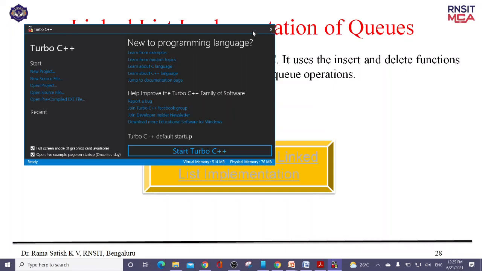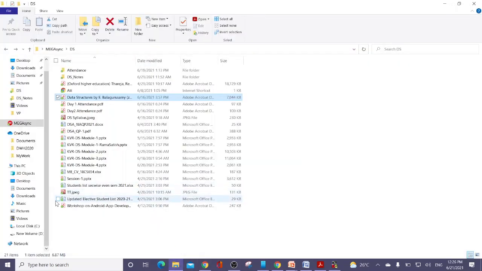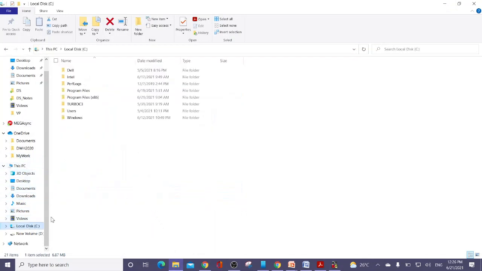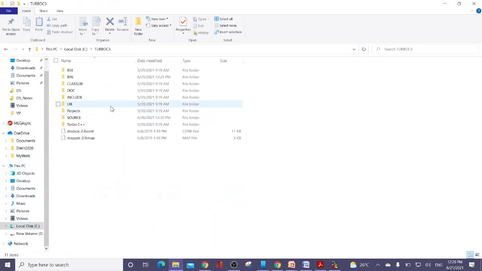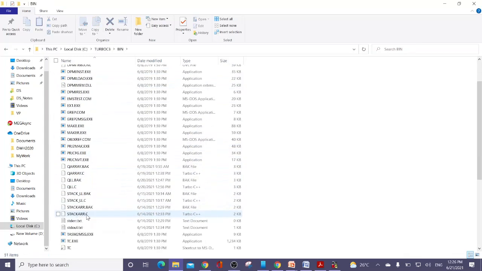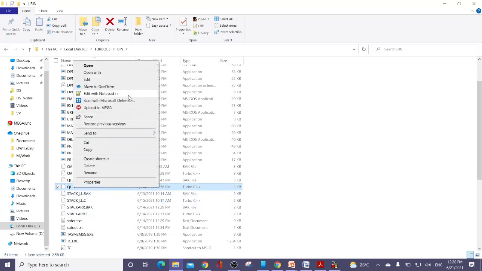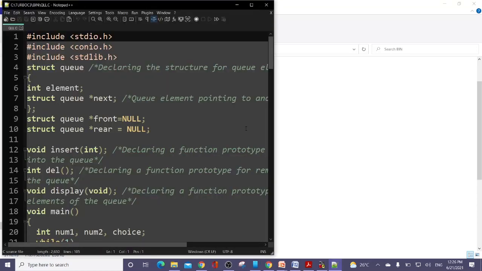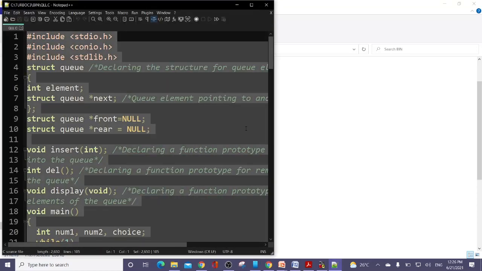And of course, the same program I can execute online. So you can certainly execute this program online. I just take this file, C drive, Turbo C. It is there in bin. So Q linked list, it is here. You can see. I just open it with Notepad. I just copy this entire program